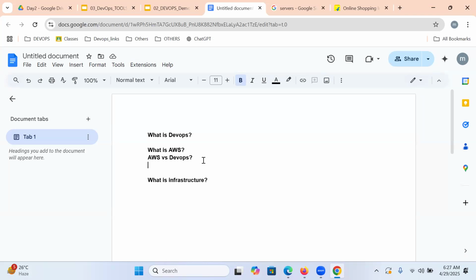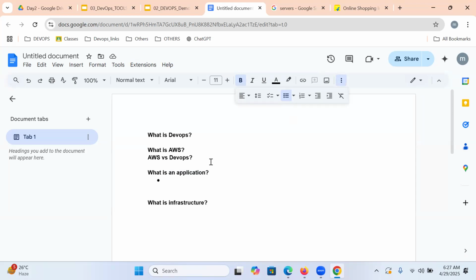What is infrastructure? And before that, let me know what is an application, as we discussed in the beginning of the class. Please tell me. What is an application? Application is nothing but what? A website, am I right? The working software which is written in any programming language, we call as an application.